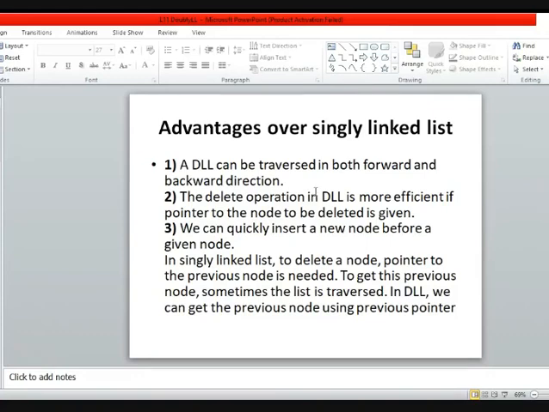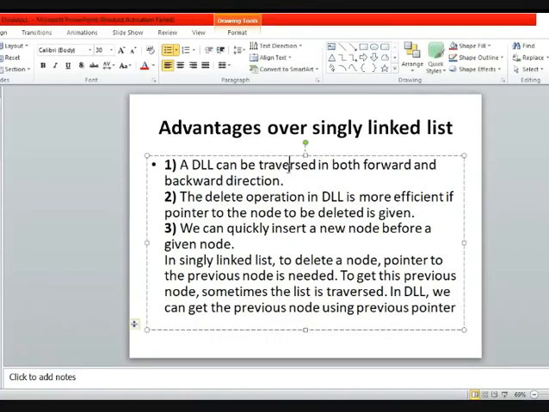And one advantage of doubly linked list over singly linked list is that we can move in both directions, forward as well as backward, because each node has the address of both its previous and next node. We will be performing some operations on doubly linked list as well, as we performed on singly linked list, that is insertion and deletion.